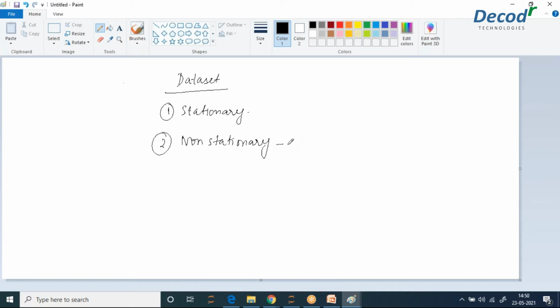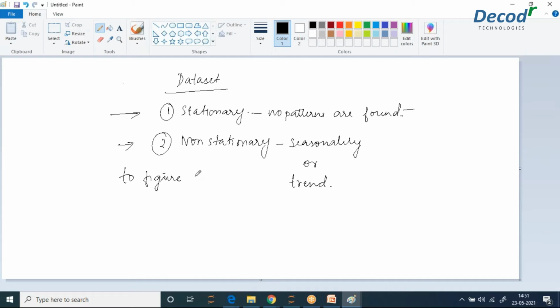When I say non-stationary, then I believe there will be some kind of seasonality or trend. When I say stationary, then no patterns are found. Fine. Why is it important? To figure out which model to use.